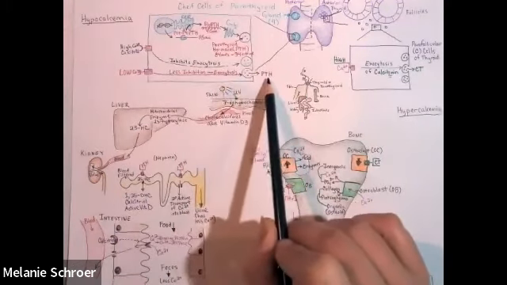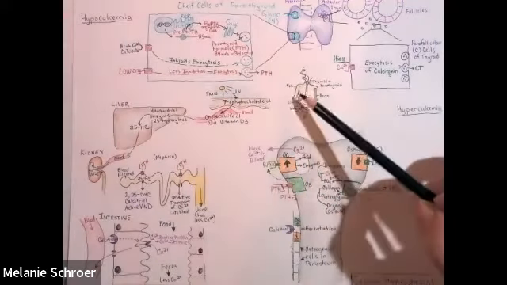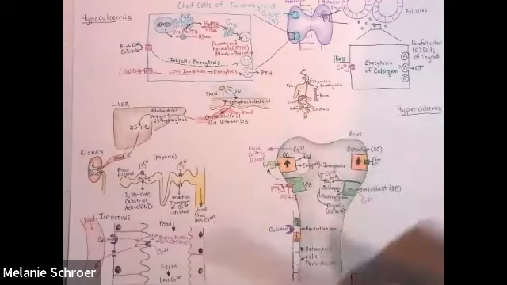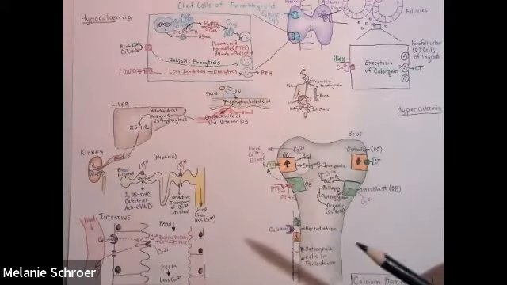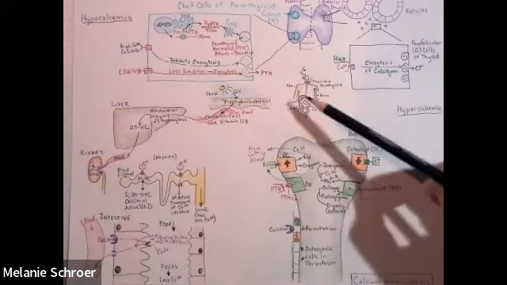So here we see this release of PTH into the blood. And just like we saw with calcitonin, PTH is going to circulate throughout the entire body. This time, PTH is going to be active on a series of different organs. Okay, so before we can understand what exactly PTH is doing, let's rewind a little bit and talk about what